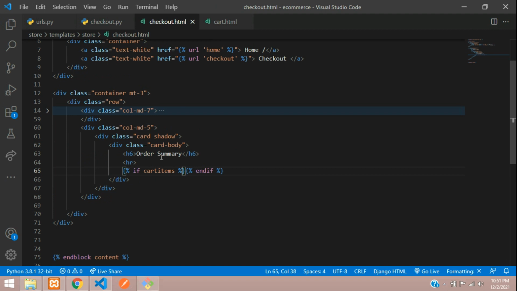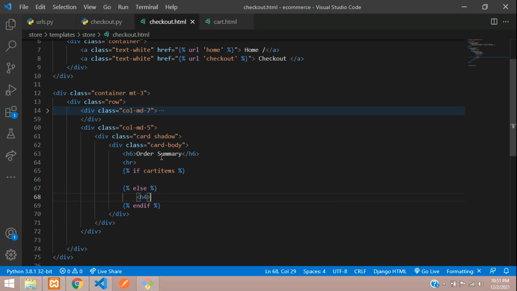If cart items is true, and here we'll give an else condition, and here you can just keep an h4 tag over here, close h4, and say your cart is empty. So when we have items in your cart, this thing will become true, and here we're going to show our table. Just write that table, open and close table,